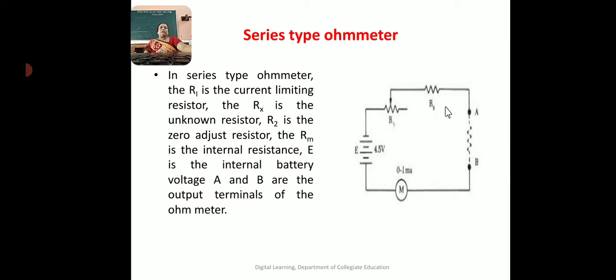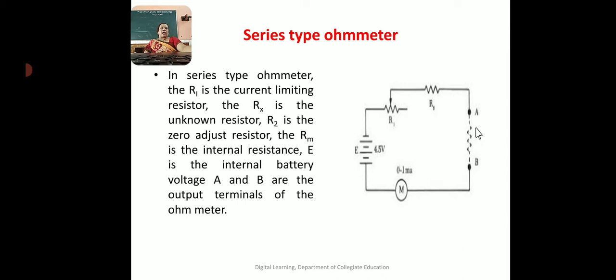Okay, then Rm is the internal resistance. E is the internal battery voltage. Here A and B are the output terminals of the ohmmeter. This is the circuit diagram of a series type ohmmeter. Here A and B are the terminals which are connected together with the